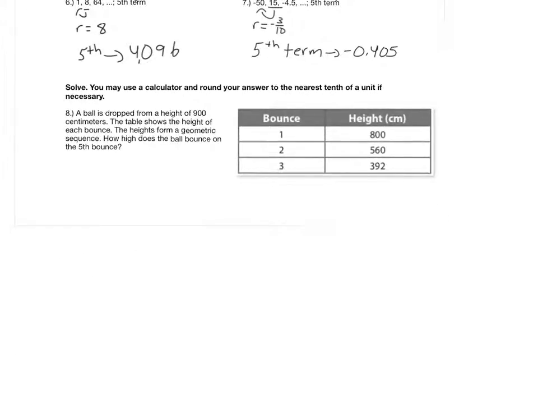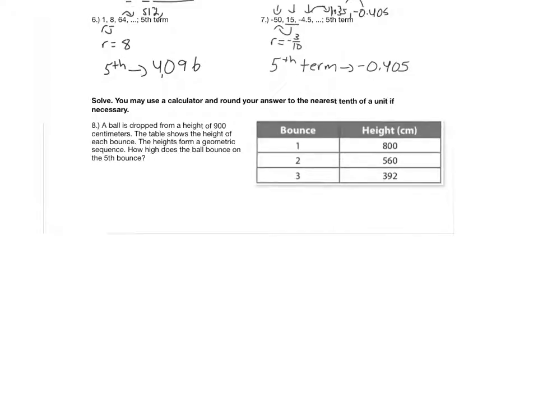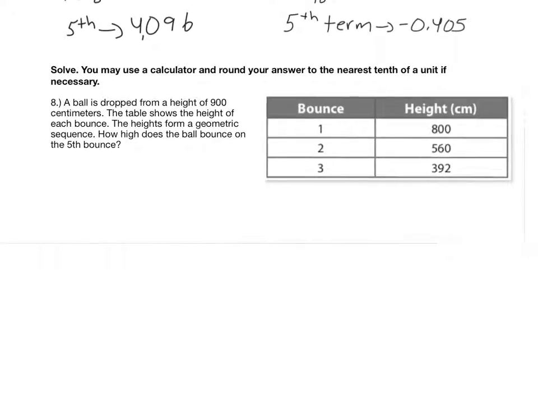All right, solve. You may use a calculator and round your answer to the nearest tenth of a unit if necessary. So a ball is dropped from a height of 900 centimeters. The table shows the height of each bounce. The heights form a geometric sequence. How high does the ball bounce on the fifth bounce? So in order to find how high the ball bounces on the fifth bounce, we need to identify what the common ratio is of this particular sequence. If the table messes you up, then just write it out